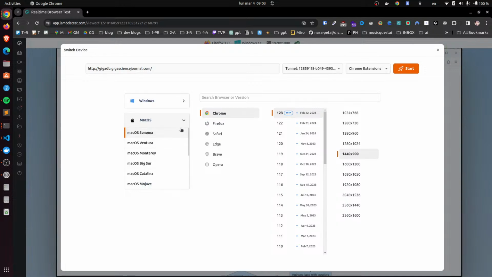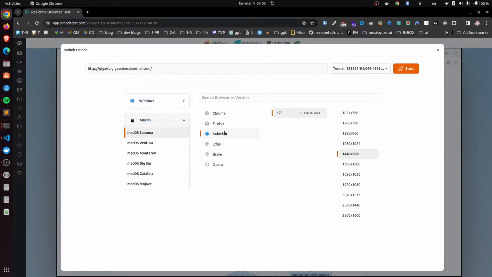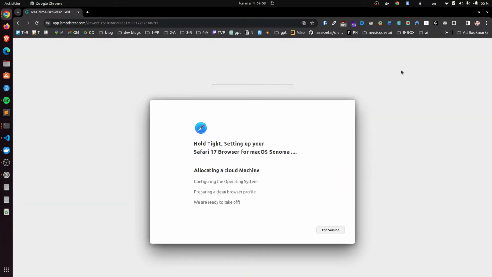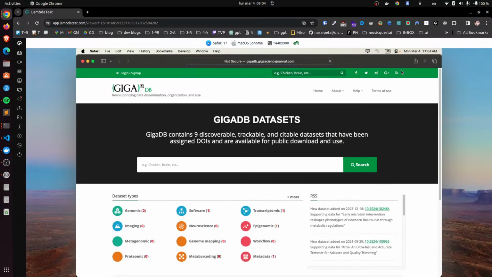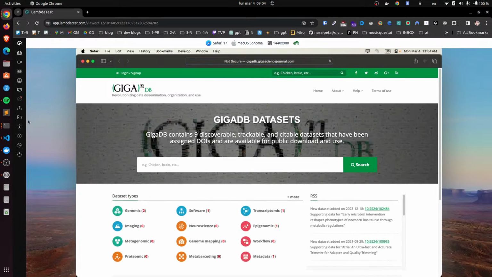Sonoma, Safari. What is my screen? So now activate. Go here.